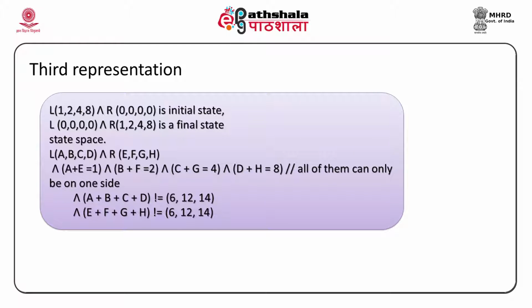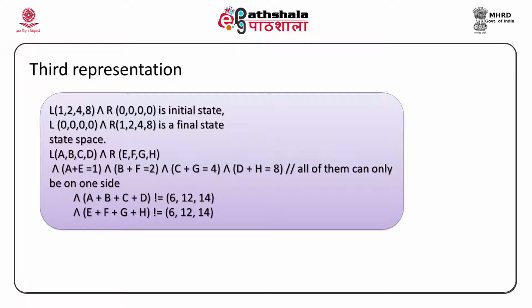Chicken is 4. That value, we have assumed, is 4. So it is either on the left hand side or the right hand side. So the total is 4. That means one of them is 0. Same about D and H, only the value is 8. Now the beauty of choosing these values